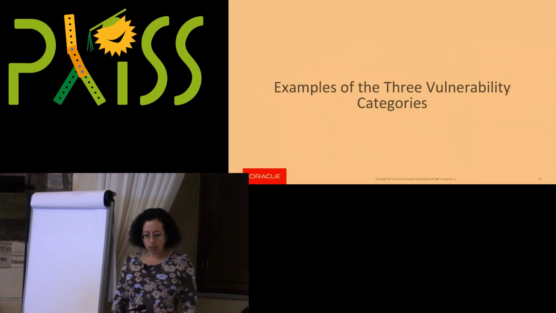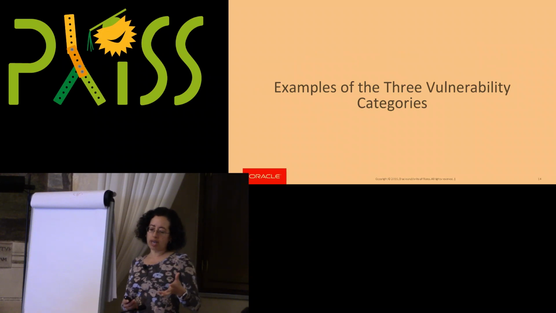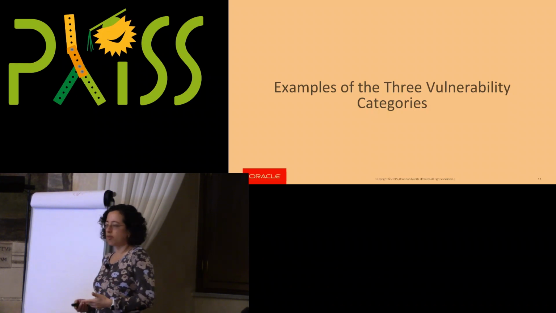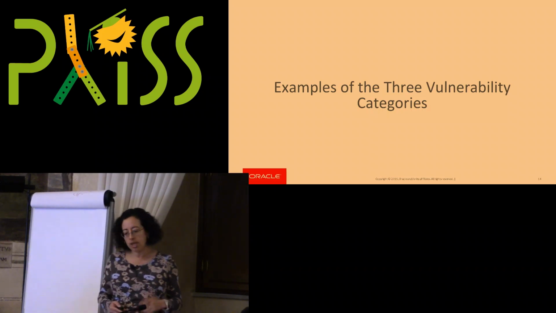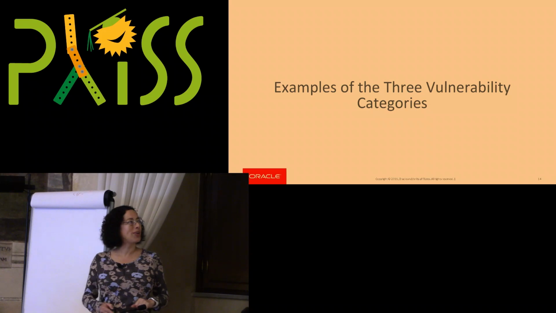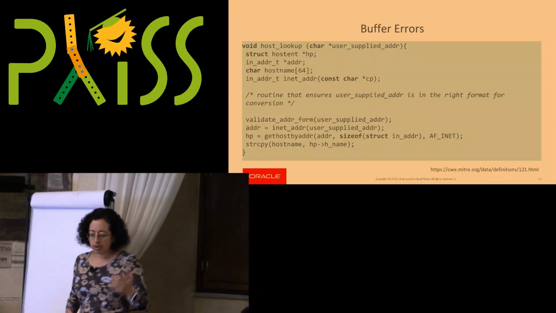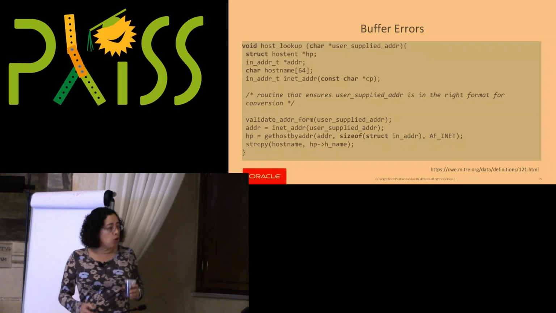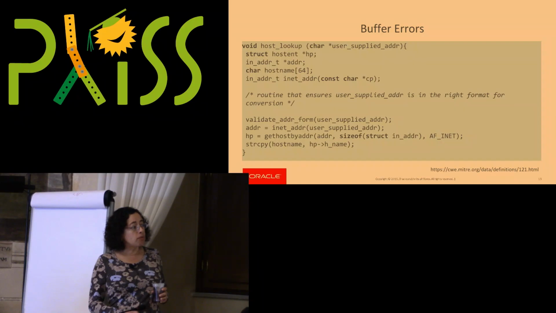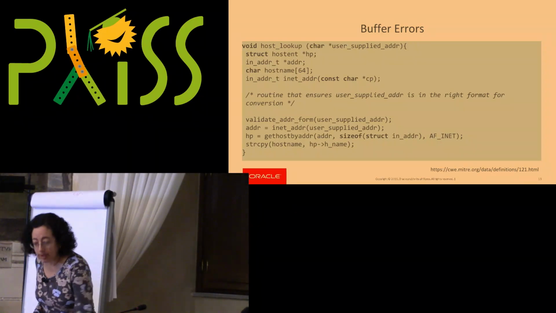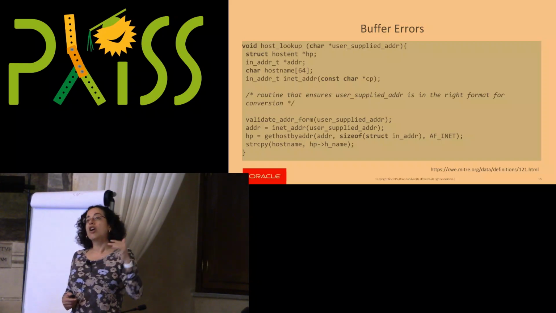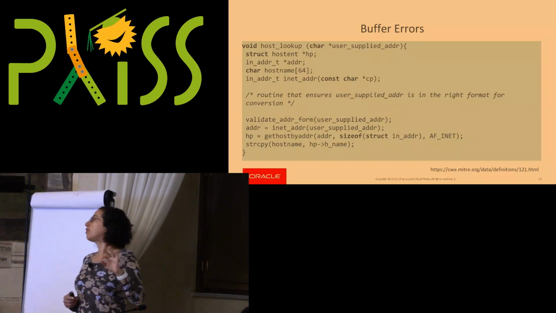So what I'm going to do is first go through a few examples of vulnerabilities in these 3 different areas. This is just to ensure that everyone understands what type of vulnerabilities we're talking about. Some of you would already know them, but in any case, let's go through all of them, okay? Buffer errors, the first category of issues. All of these examples I'm quoting from the MITRE website, because they explain each of the different vulnerabilities. They have a category called CWE, Common Weakness Enumeration, where they explain each one of them, right?